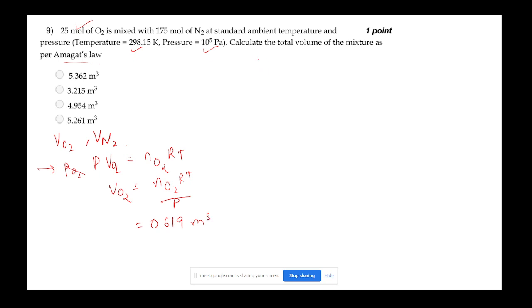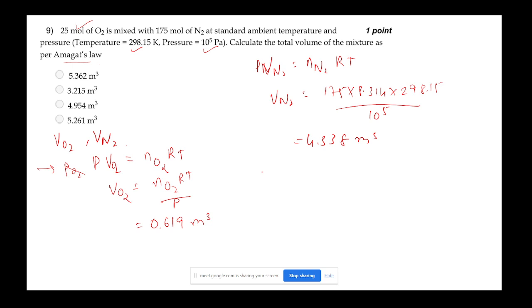Now moving forward for N2, PVN2 equals to nN2 RT. So for N2, the volume comes out to be 175 moles into 8.314 into temperature 298.15 divided by 10 raised to 5. So the volume comes out to be 4.338 meter cube. Now to find the total volume of the mixture, we will use Amagat's law,